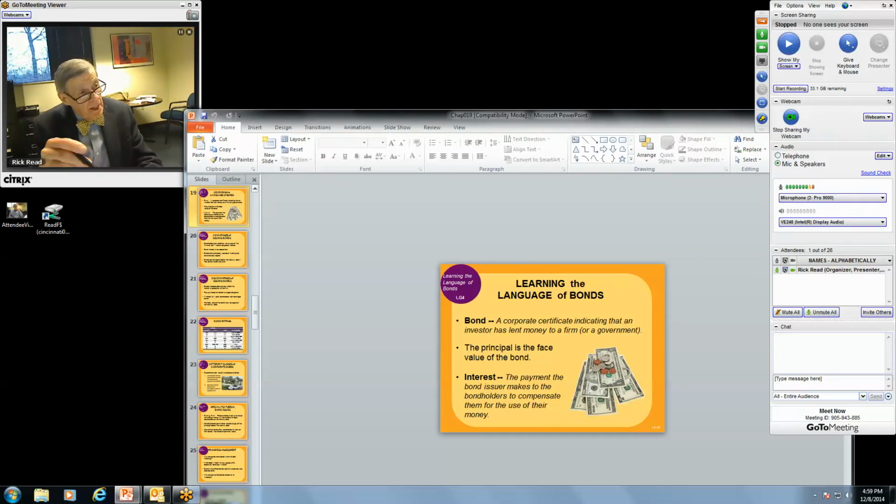So what this says is, I have an IOU. Somebody lent me money, and I have to pay that money back. That's exactly what a bond is. It's pretty simple. It's about the simplest way I can explain it. So somebody lent me money, and I have agreed to take that money, and I have to pay that money back, normally with interest.